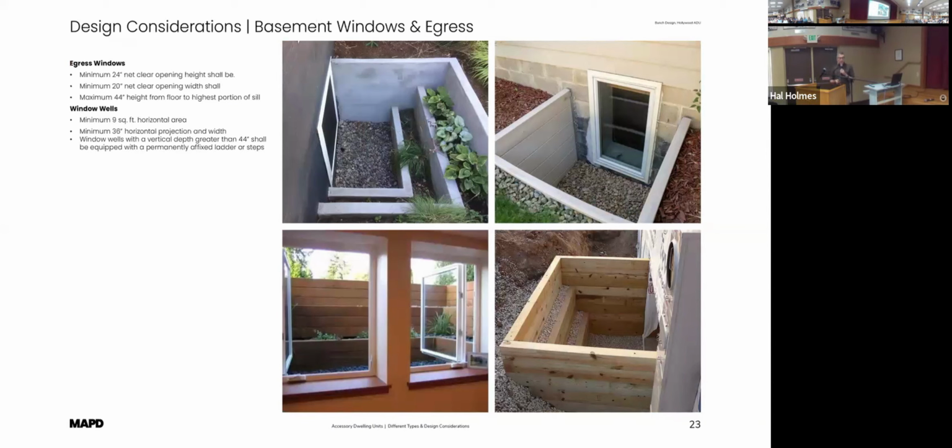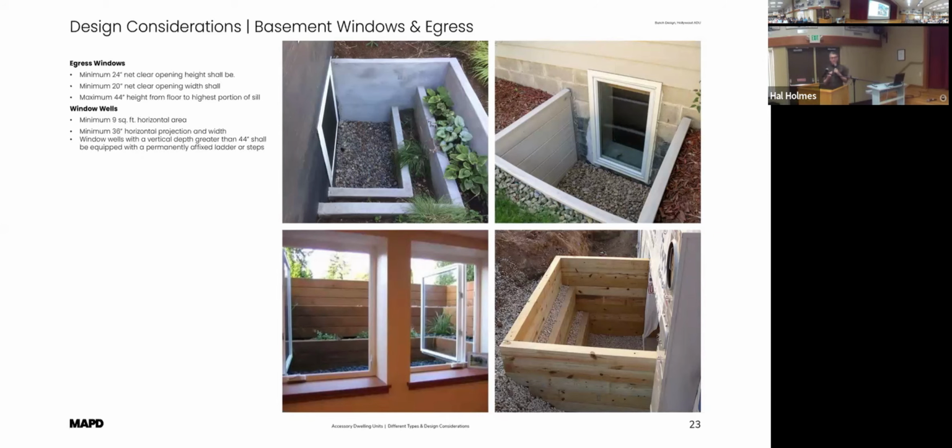If you are doing a basement conversion, you also need to think about windows, not just for light, but for fire egress. In the city of Ellensburg, you need 24 inches net clear height, 20 inches width. And then this is the real important one. You need no more than 44 inches from the floor to the highest portion of the sill,